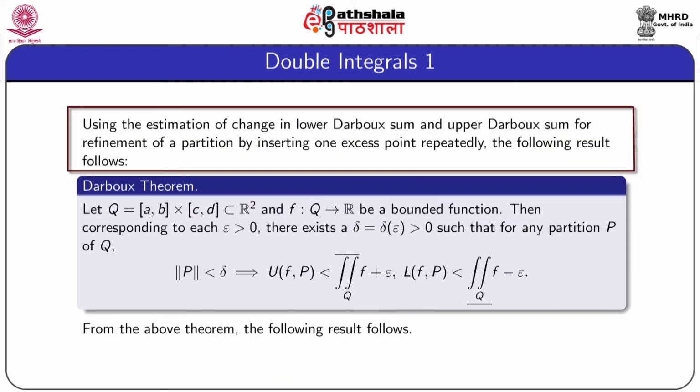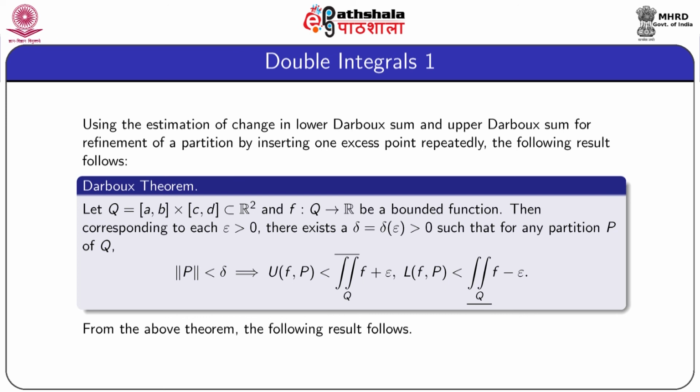Using the estimation of change in lower Darboux sum and upper Darboux sum for refinement of a partition by inserting one extra point repeatedly, the following result follows. Darboux sum: let Q equal to [a,b] cross [c,d] and f from Q to R be a bounded function. Then corresponding to each epsilon positive, there exists a delta depending on epsilon and positive such that for any partition P of Q, if norm P is less than delta, we have